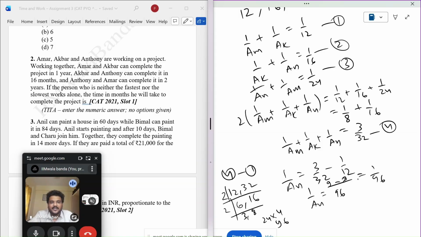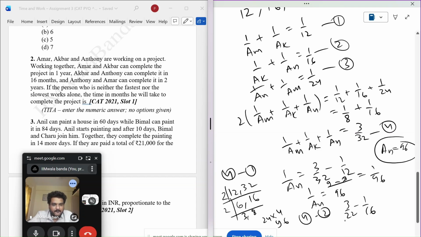So basically AN is what? 96. This is first. We need to find all three. Go for again fourth minus second equation. So that will be 1 by 6, 3 by 32 minus 1 by 16. Again, this is what? 2 by 32. So 1 by 32. So I know AM